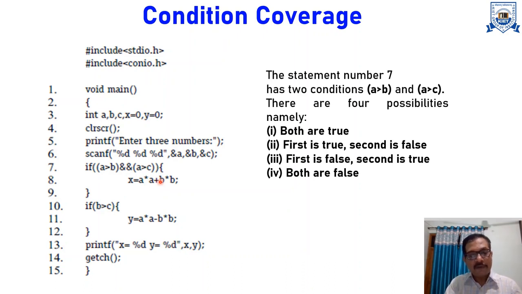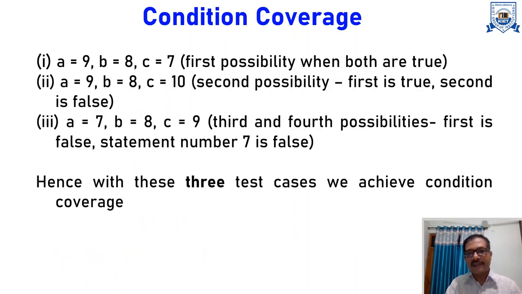So we have to choose the test cases in such a way that whatever conditions are there are tested. How many conditions are there? Two conditions, a is greater than b and a is greater than c, right? So we have to test both conditions, and accordingly choose the test cases. If I choose a test case like a equals 9, b equals 8 and c equals 7, that is the first possibility, when both are true: yes, a is greater than b and a is greater than c. Now if I choose a equals 9, b equals 8 and c equals 10,